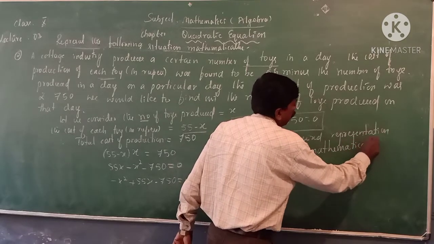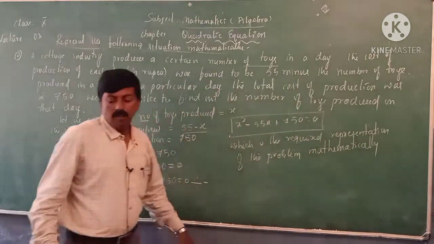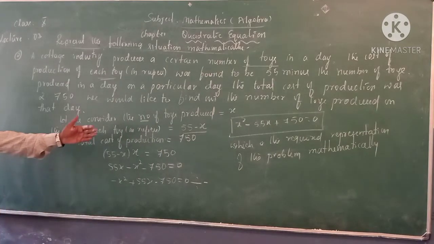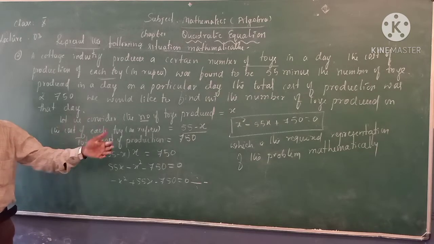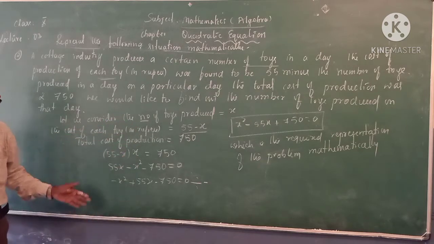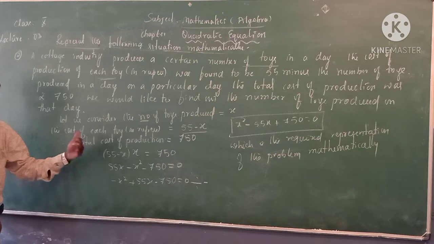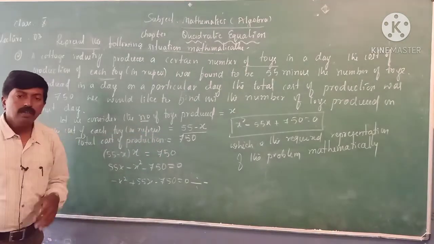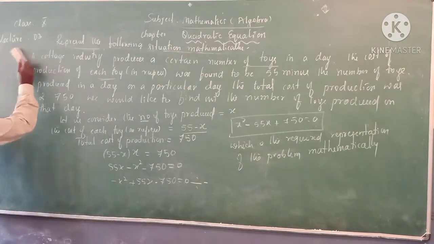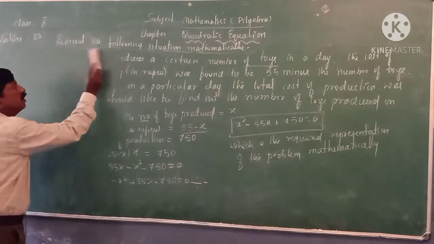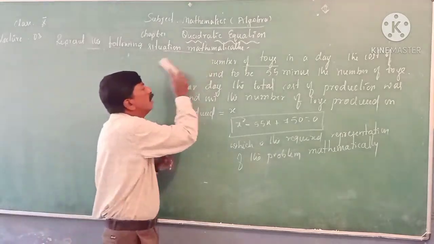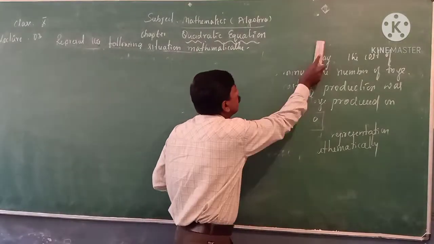Yes. So like this, very easily we can convert a verbal statement into numerical statements. Later on, we can even find the cost of each toy by different methods. That one we will take up later on. But as far as the question is concerned, you can make a quadratic equation. And in the third question, the questions are lengthy but the answers are very short. Within 3-4 steps we can find the solution to these problems.